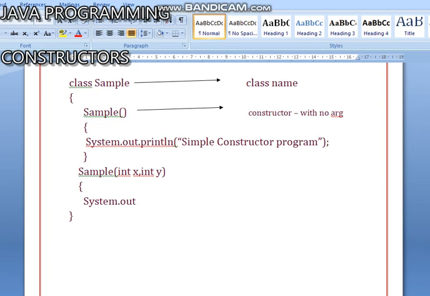System.out.println of x comma y, or we can write it like this, argument 1 plus x,